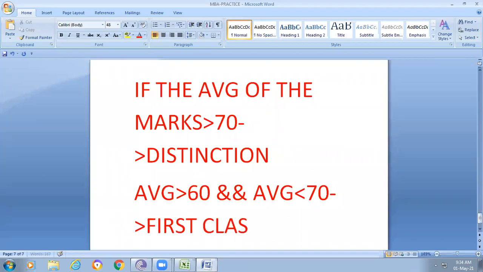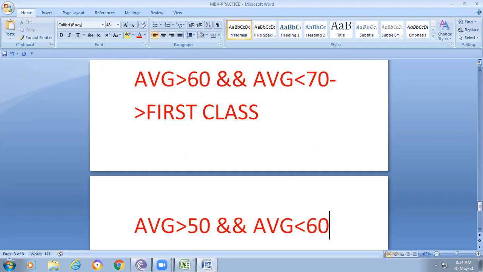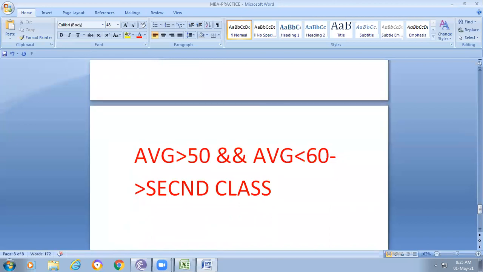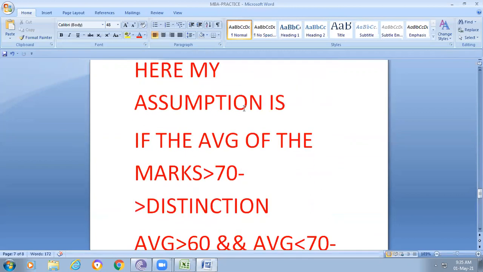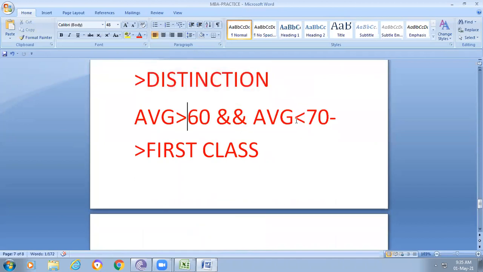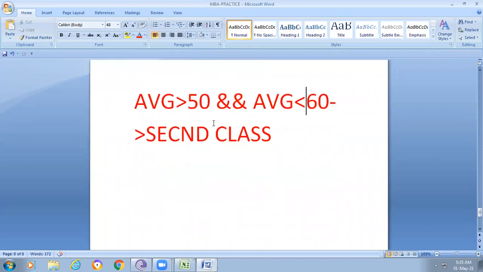If the average of the student is greater than 50 but less than 60, then you can assign the grade second class. So the first one is: if it is greater than 70, distinction. If it is greater than 60 but less than 70, first class. If it is greater than 50 but less than 60, then second class.